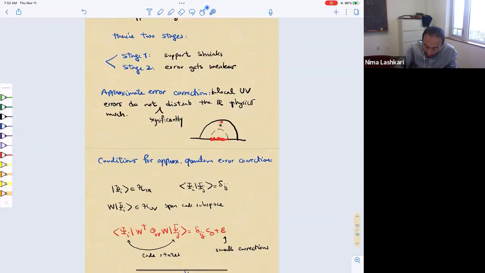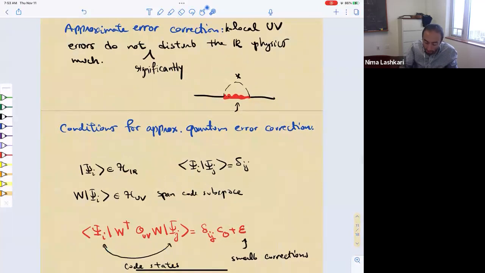If you insert something here, this non-local operator does not do anything to the encoded information. So if you encode, sorry, I think this is a bad drawing. If you encode your operator here, then this is the K local error that you inserted. This error does not do anything to this. Now in MERA, what happens is that,